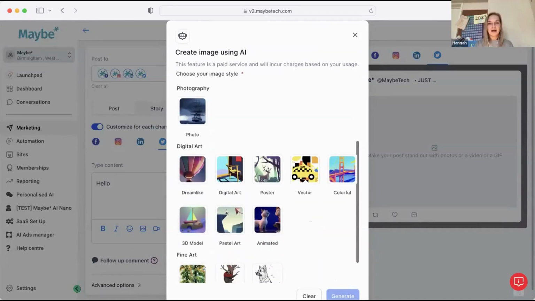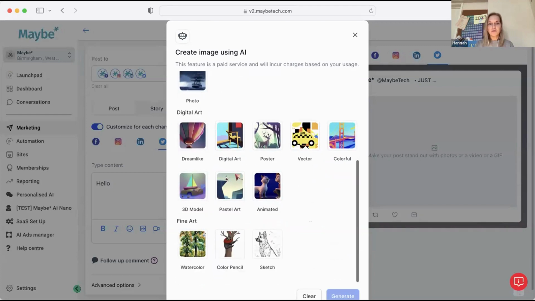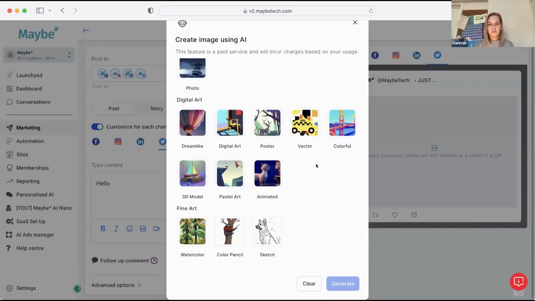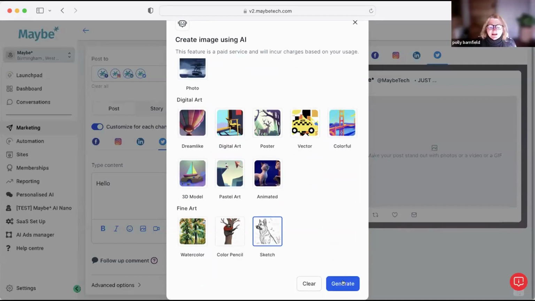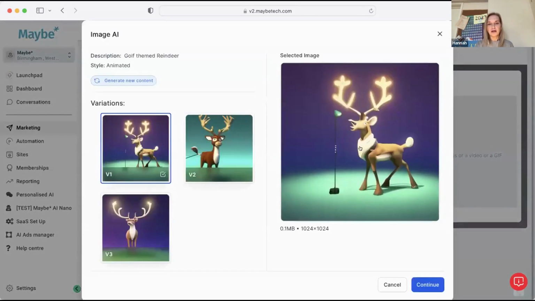Okay. And there's lots of different styles. So obviously you can choose an actual photograph, or you can choose. Should we go for animated, Polly, or do you want colourful? Animated and sketch. Yay, there we go. Let's do sketch. But animated would be real fun with it. I think so. Should we try that? As you can see, you can play around with it. There's so many options. Then you just click generate, and obviously what it will do is it will generate.